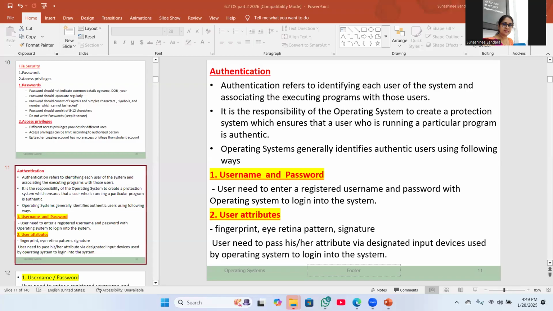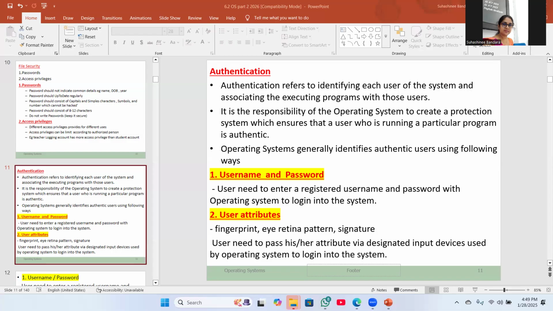It is a responsibility of the operating system to create a protection system which ensures that the user who is running a particular program is authentic, whether it is authorized or not. So the operating system generally identifies authentic users using the following ways: username and password, and the other option is